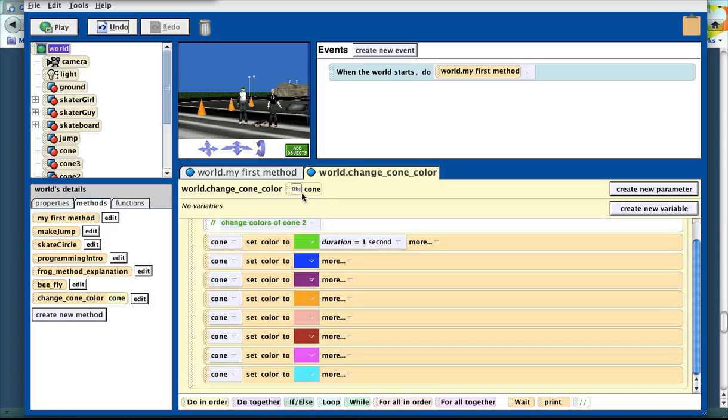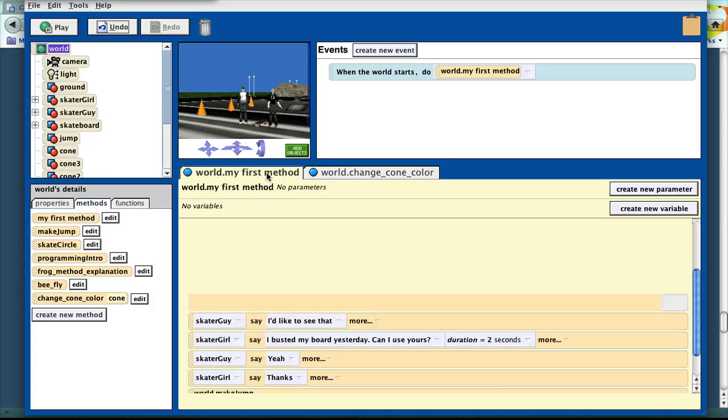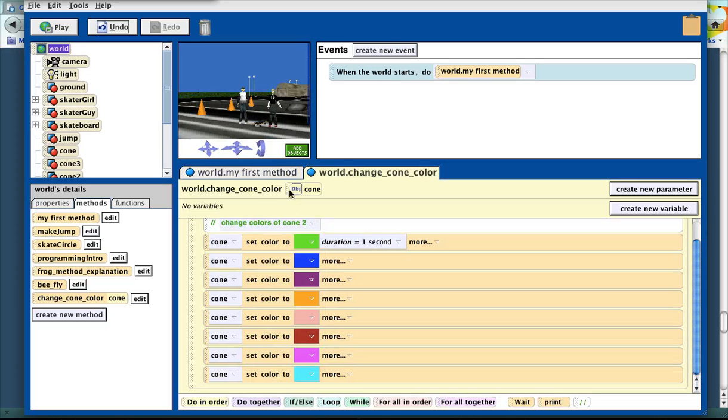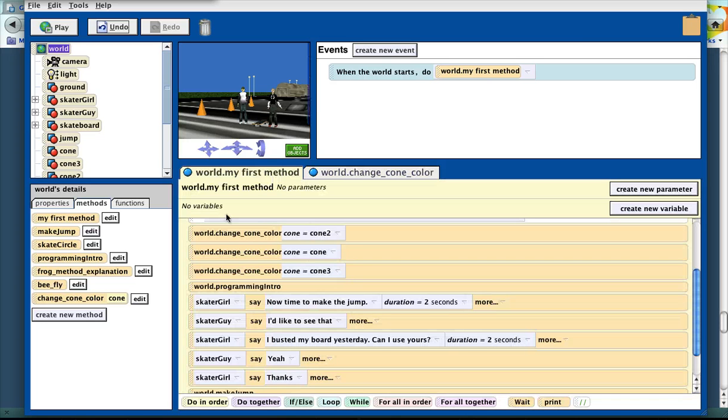Here it was waiting for a parameter, so notice when I use the method I have to fill in the parameter. What parameter was it waiting for? A cone, in this case any object. You could actually use it on other objects. And that is how you can use parameters. Try changing your assessment world so that the cone is now going to be a parameter